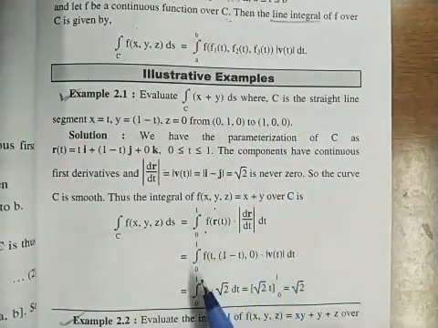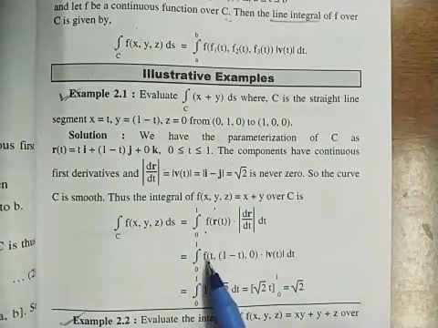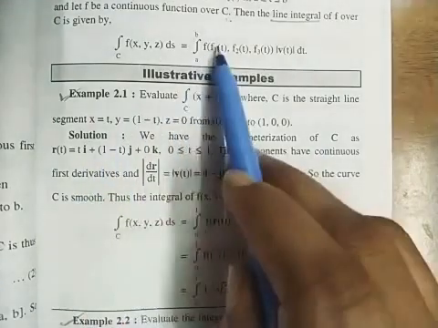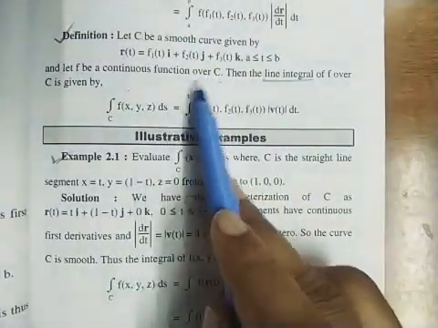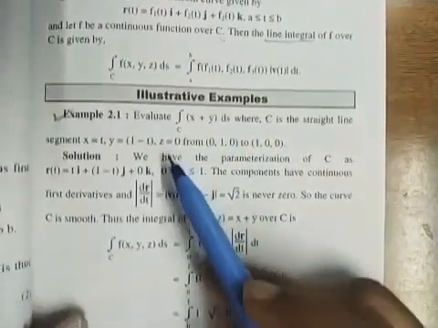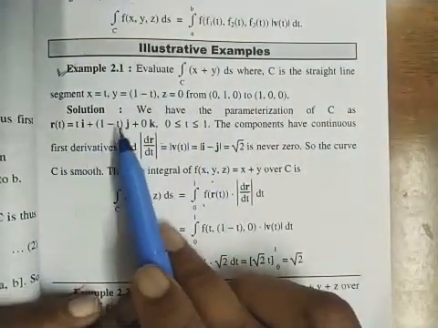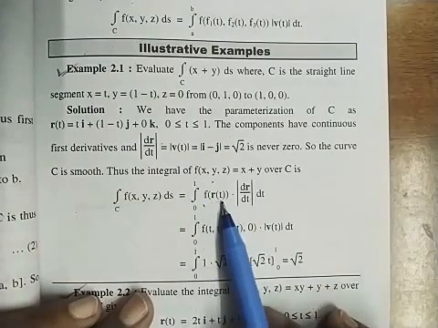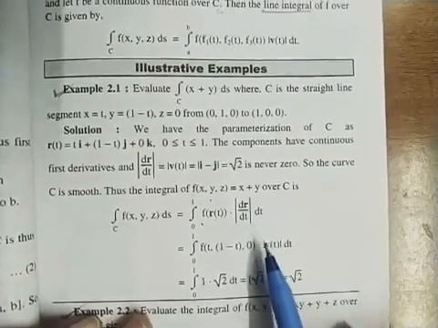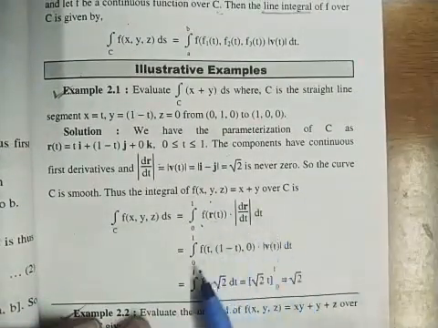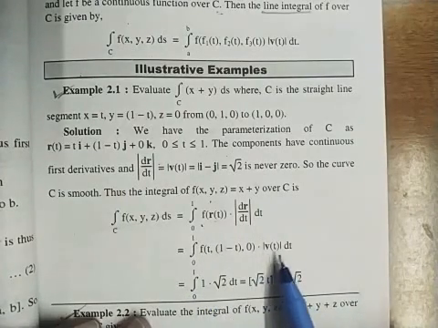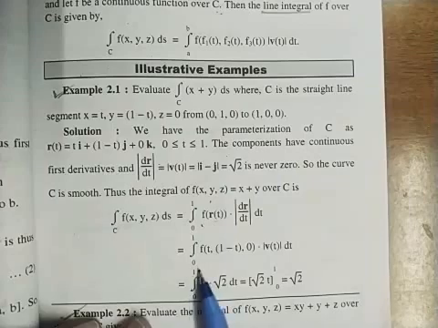That is the integral from 0 to 1 of f of... Now what are x, y, z here? x is t, which means f1 is t. Here f1 is for i, f2 is for j, so f1 is t, f2 is 1 - t, f3 is 0. So the integral from 0 to 1 of f(r(t)) times the magnitude of dr/dt dt is the integral from 0 to 1 of f(t, 1 - t, 0) times the magnitude of v(t) dt.